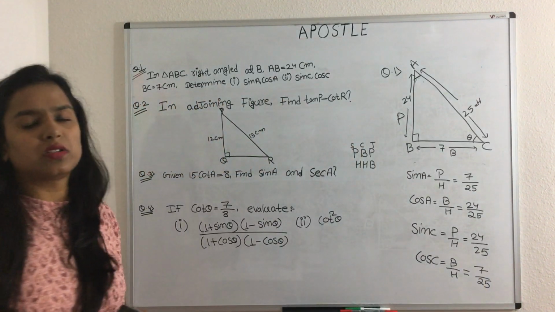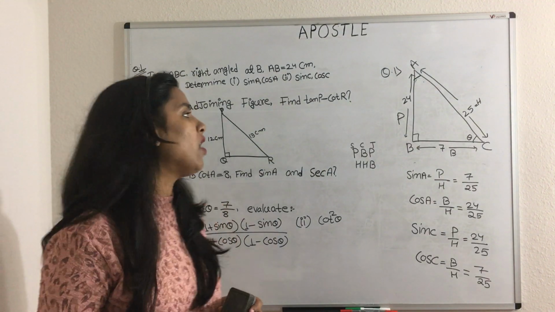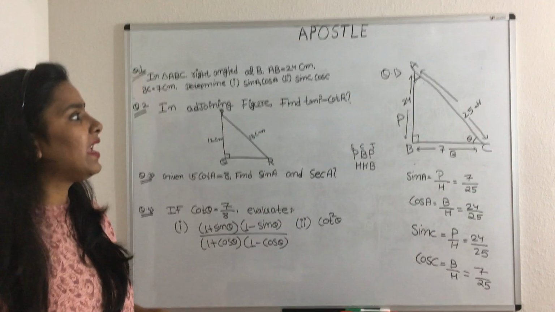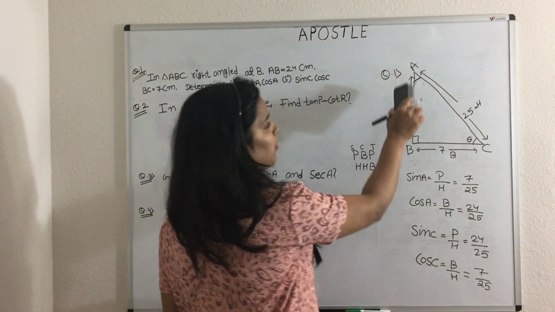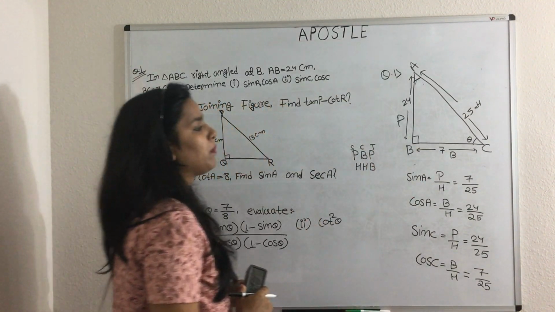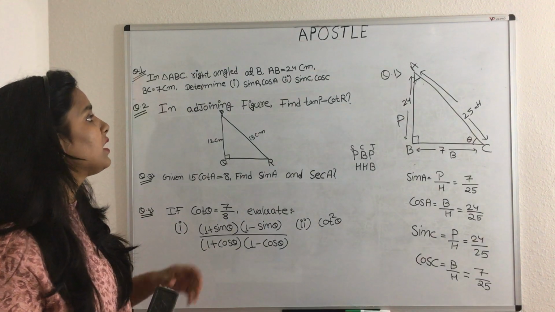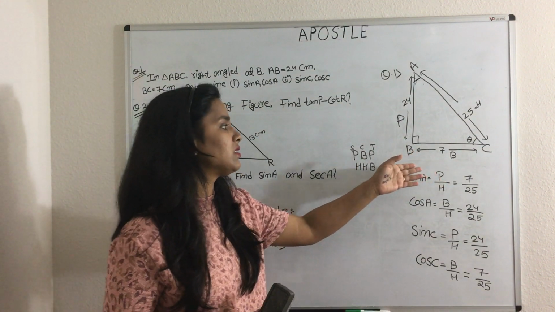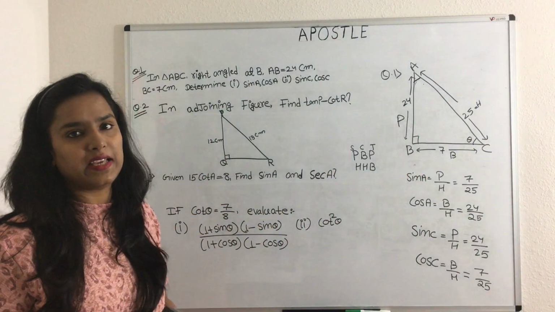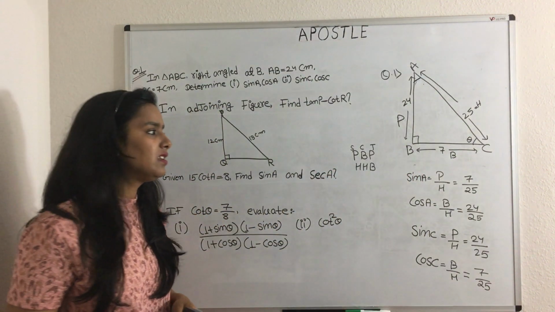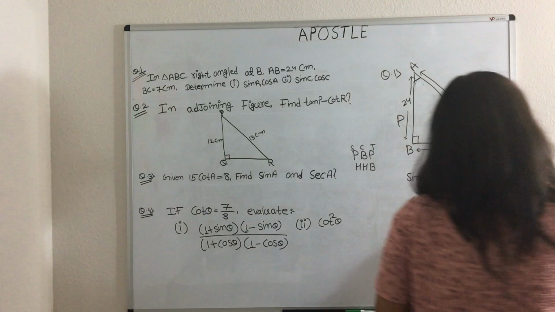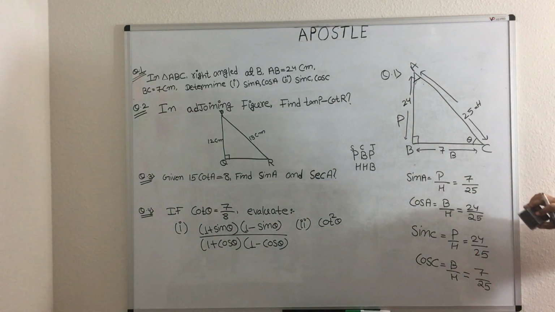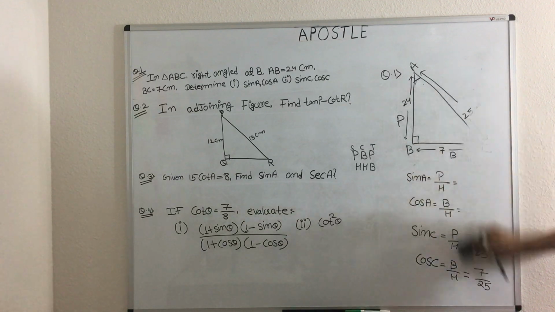So in this question, the main important thing is how to consider the angle. If we have to choose the angle as A, then our base is AB and our perpendicular is BC. Or if we have to choose angle at C, then our base is BC and perpendicular is AB. Is this clear? This is a really very important concept. Now I am going to remove this and proceed to our second question.